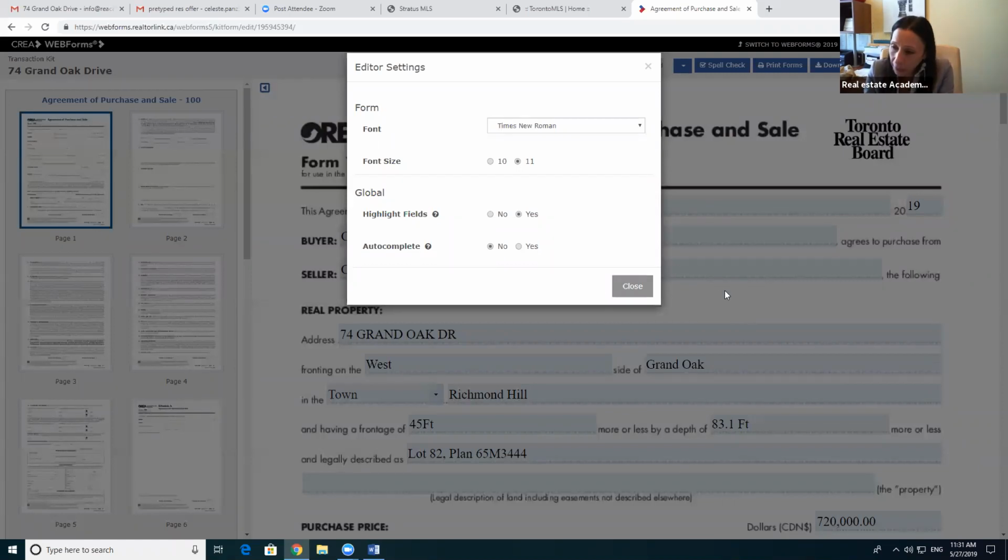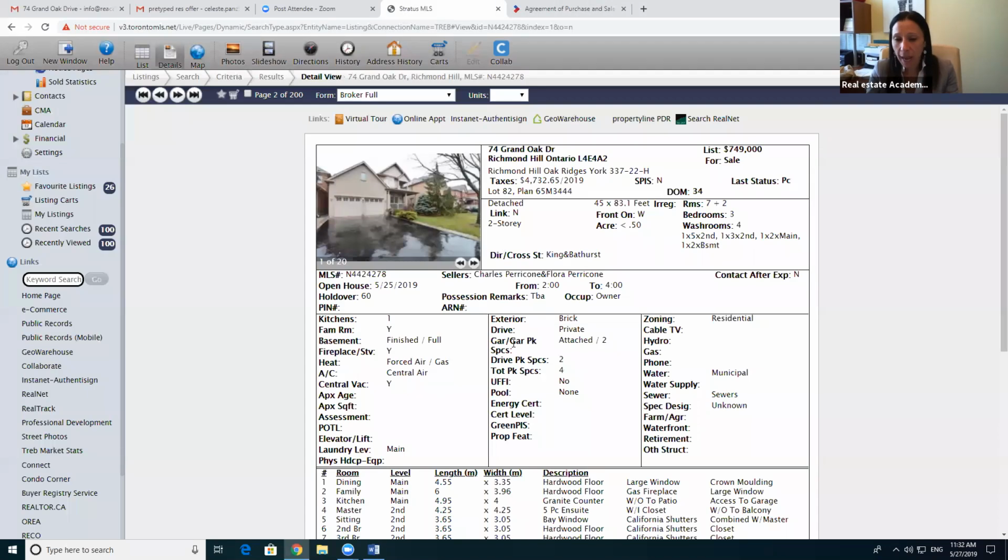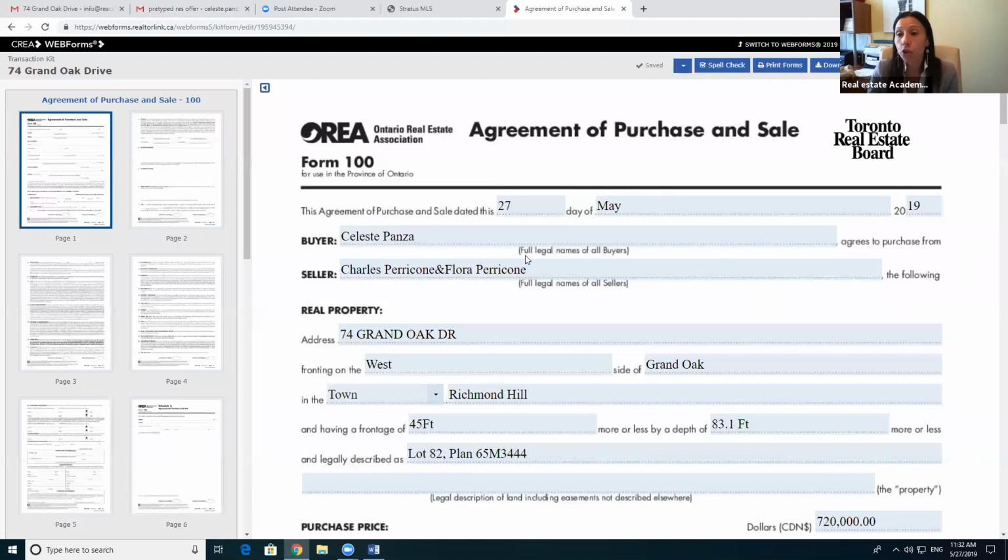I suggest that you duplicate the kit, okay, with maybe buyer's name, that information, but not all the information, because each property and each TREB MLS property listing is different. So sure, you'll need to have the highlighted fields, but not that they auto-complete the information. Okay, great. The information always needs to be inputted by us and reviewed carefully by us. That's our liability. So the only thing I can suggest always is to keep the tab of the property like you see it here open, but at the same time, make sure that whatever you're putting in is carefully reviewed, because once you've sent it off to your client